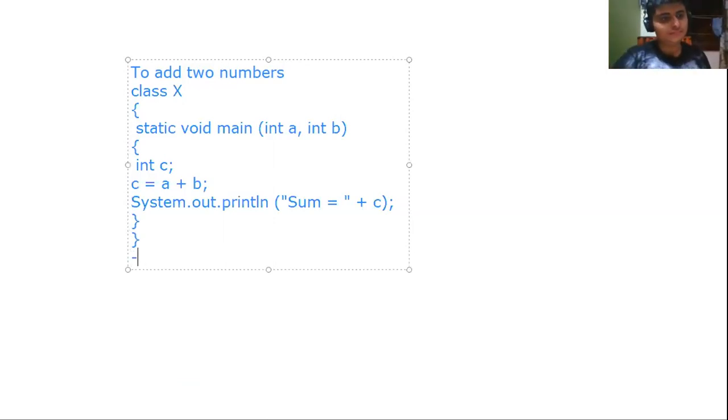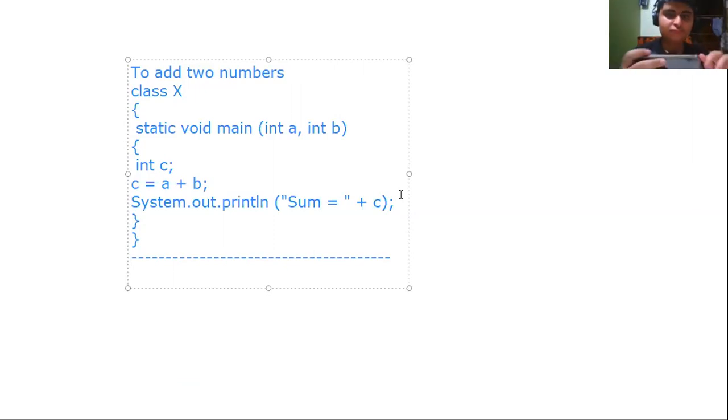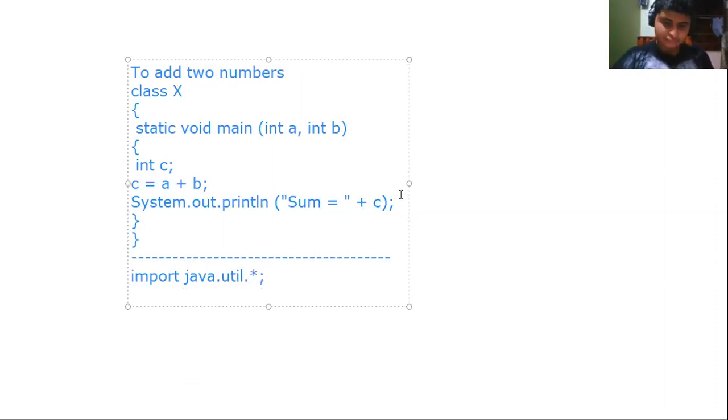So this is how you are inputting two numbers for adding. The same program, only the input method will differ. I can use scanner. So for scanner, first what I have to write? Import this one.